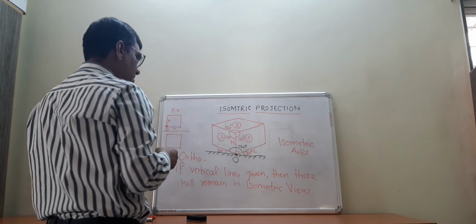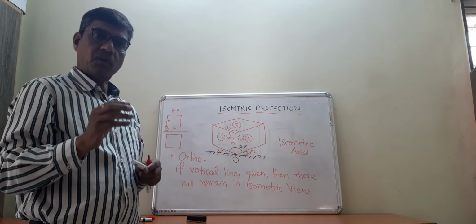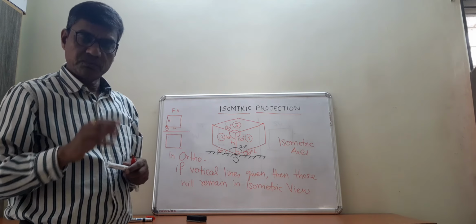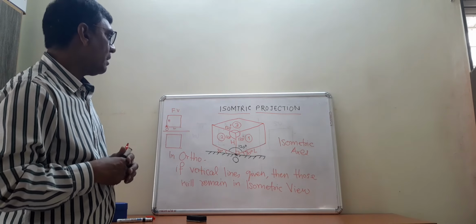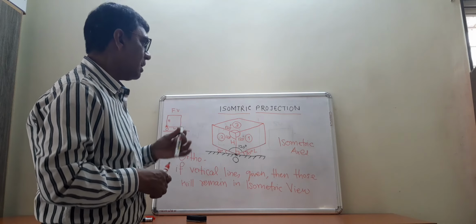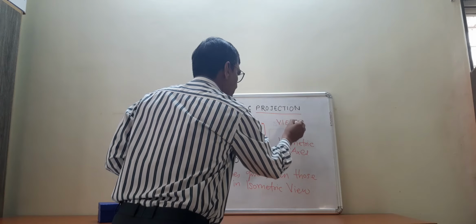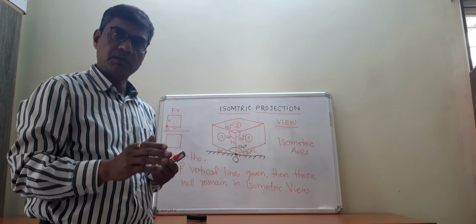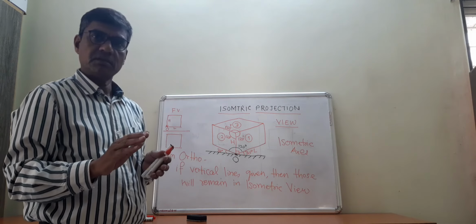That is how, every time for every object, when we want to consider isometric projection or isometric view, the angle will always remain 30 degree. Now, what is the difference between isometric projection and isometric view? Isometric view, we are going to draw with the help of the given original dimensions, that means the dimensions which are given in the question. Those dimensions we are going to use for getting the answer.